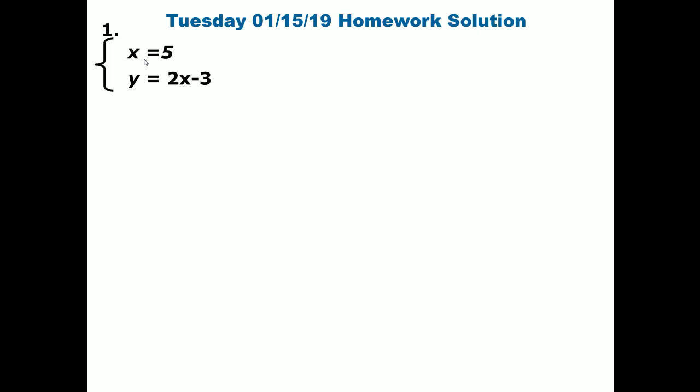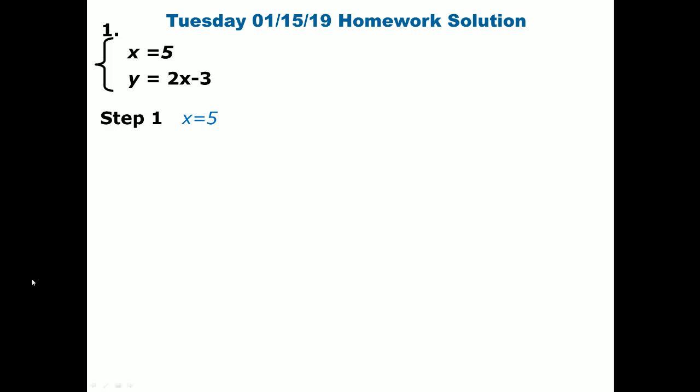To do this, we have many processes, but for this homework, we're going to go through substitution. The reason why we go through substitution is because it's in this neat format, right? One of the variables is already solved for, or what that means is that one of the variables is already alone. In this case, x is equal to 5. You see how the variable is already alone? It's already isolated, already solved for. Alright, so